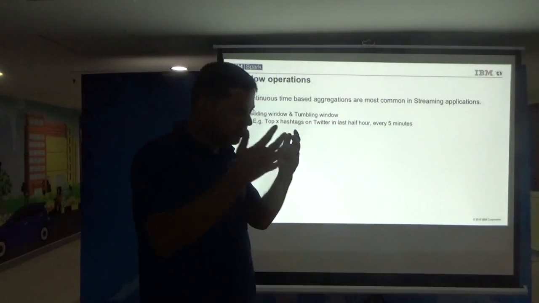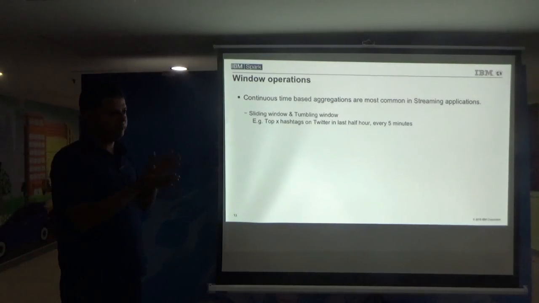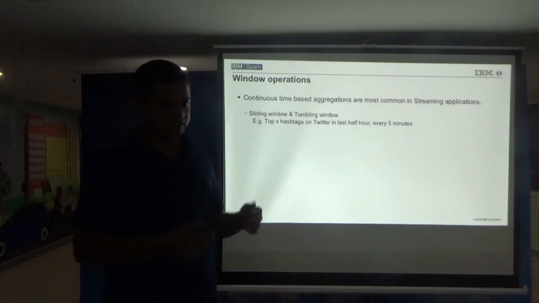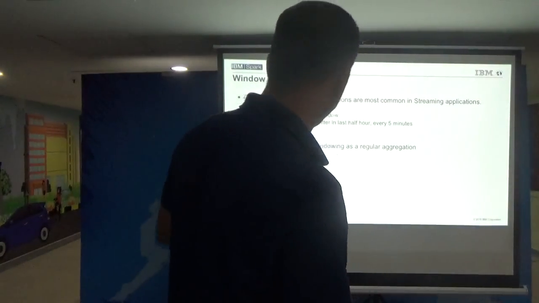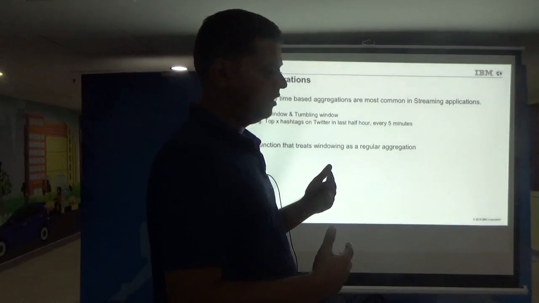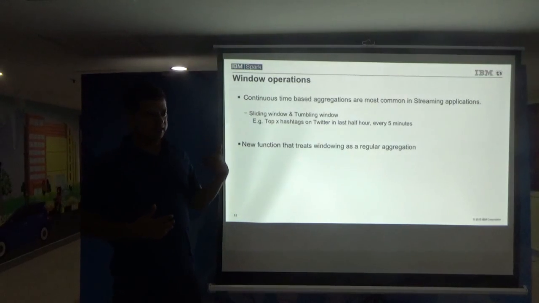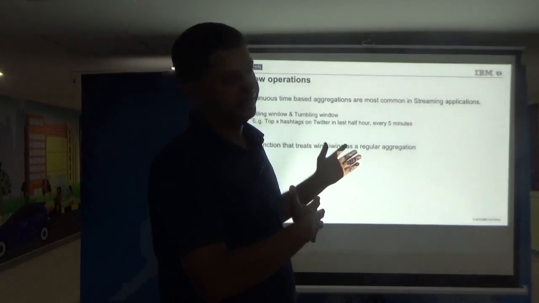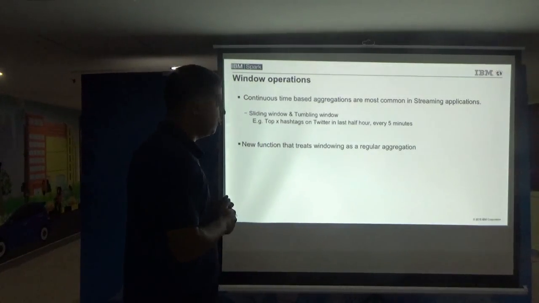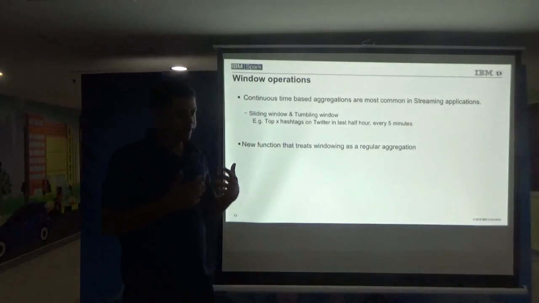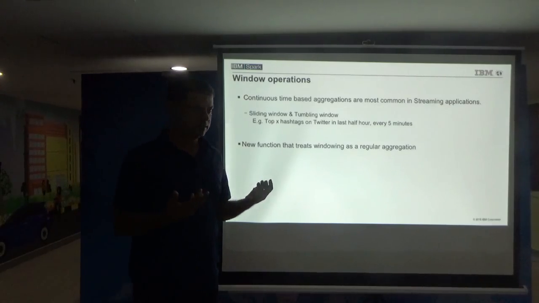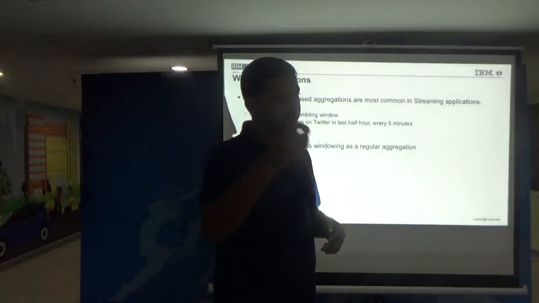And if you looked at even the DStream API over and above the RDD, the main thing was these windows and then the foreach, right? The point I'll make is that earlier, the windowing in DStreams, you couldn't use it on an RDD. Now they have a window function that you can use in both. And the way they have used it is, you treat it as a simple aggregation function, right? So how you did a dot group by, and then you can bring in your window period, right? I won't cover this because